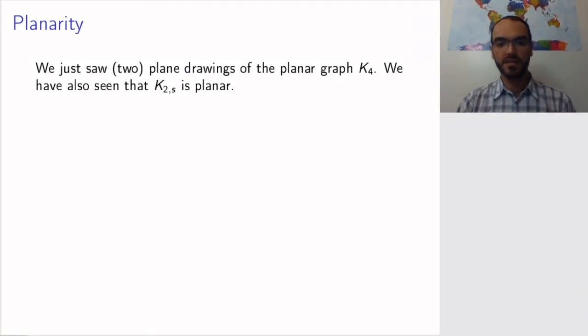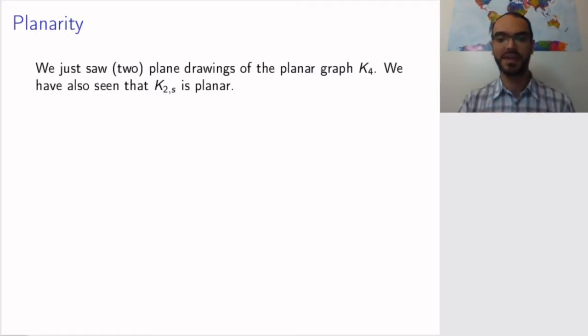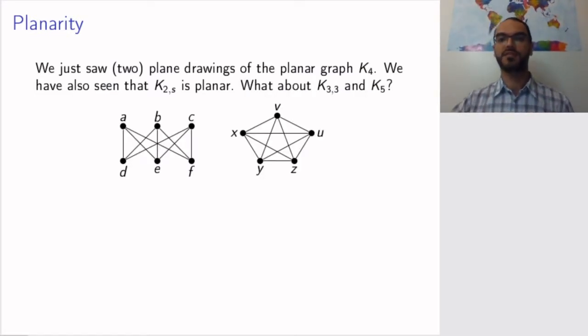So we've just seen these two plane drawings of K4, and we also saw a plane drawing of K2S. So we know that K4 and K2S are planar. Let's look at the one step more complicated graphs, namely the complete graph K5 and the complete bipartite graph on